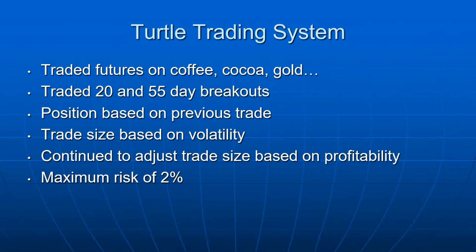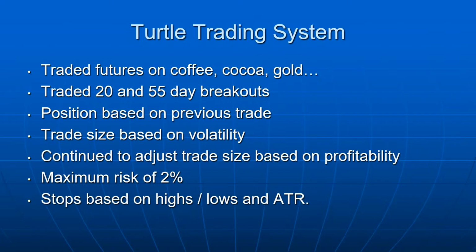Number one of the risk targets is that if they hit a 2% maximum risk or hit a 2% stop, and they lost 2% of that particular trade, then they were instructed to get out. No questions asked, just get out at that point. But in addition to the 2% loss, they also had an out based off of either the highs or the lows, meaning that if the prices reversed and went through, for example, a lower band on the long trade, they would be instructed to get out then. And one more stop, and that is using what's called the ATR or the average true range.